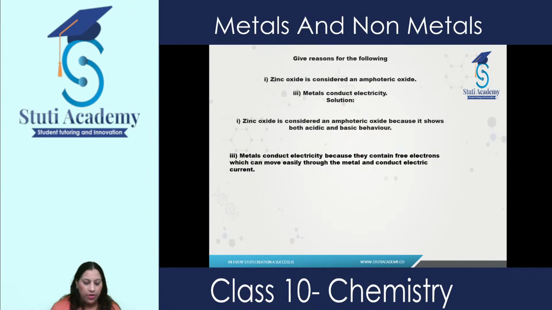Then we have certain important questions from the exam point of view. Let's discuss those questions. Zinc oxide is considered an amphoteric oxide. Children, in the previous class I gave one question to you: name any one amphoteric oxide. So zinc oxide is considered an amphoteric oxide because it shows both acidic and basic behavior. So if any metal oxide behaves like acidic and basic in nature, that is known as